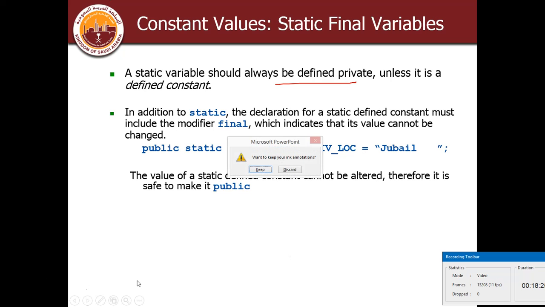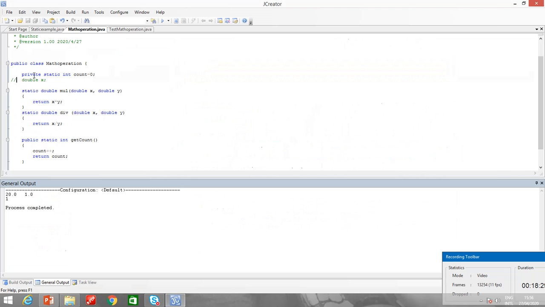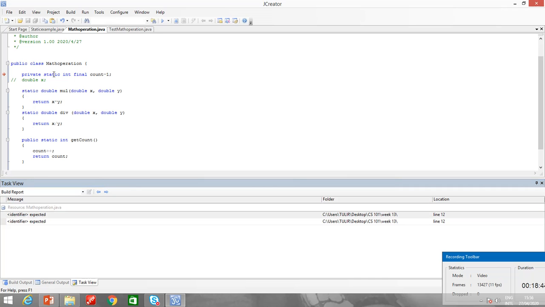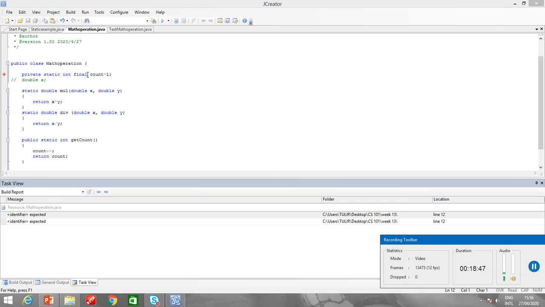Alright, now for example, if I go to the previous program, and instead of static int, I declare this as final, now the value of this variable cannot be changed. If I declare it as private static final int, here final will come before the int.